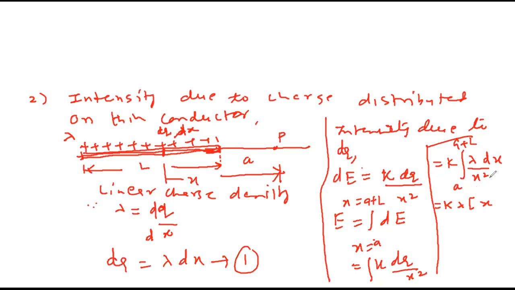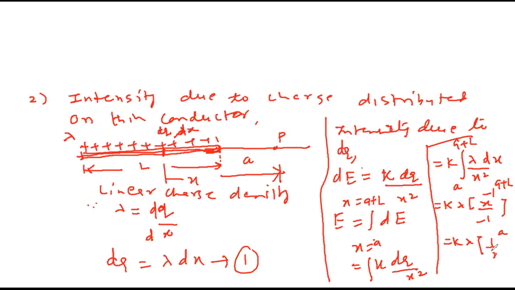See, x raised to 2 goes up, it becomes minus 2. So can I say it will be minus 1 upon minus 1, from a to a plus l? Understood now? Yes, sir. So it is k lambda